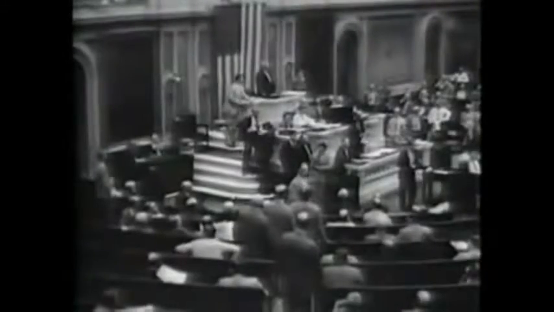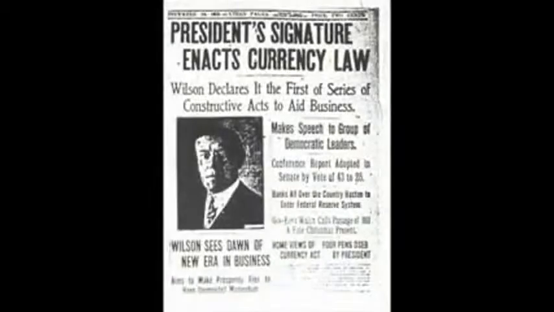After this bill was constructed, it was then handed over to their political frontman, Senator Nelson Aldrich, to push through Congress. And in 1913, with heavy political sponsorship by the bankers, Woodrow Wilson became president, having already agreed to sign the Federal Reserve Act in exchange for campaign support. And 2 days before Christmas, when most of Congress was at home with their families, the Federal Reserve Act was voted in, and Wilson in turn made it law.